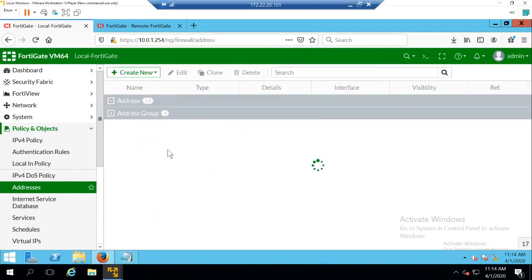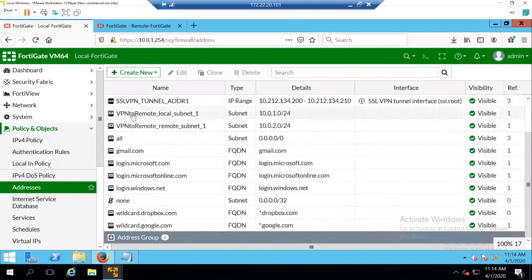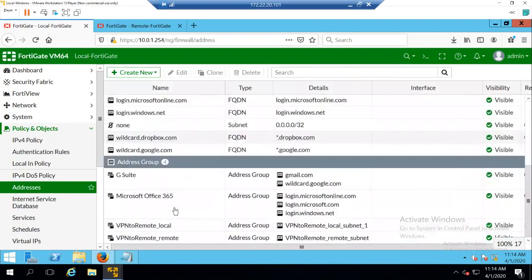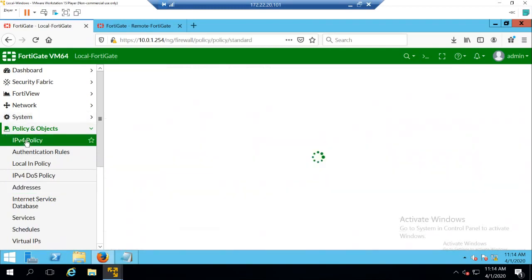See here. It has created an object VPN to remote local subnet. It has created an object VPN to remote subnet. The wizard has also added these particular addresses in the groups. So if you have multiple subnets, you can also use it as groups. Then it has created